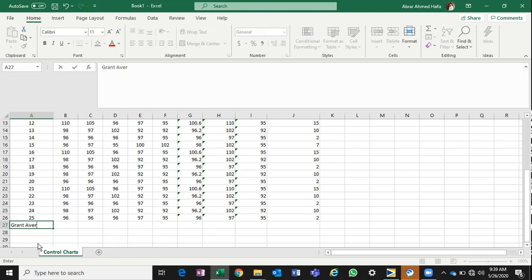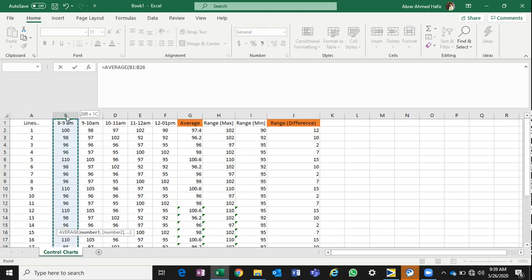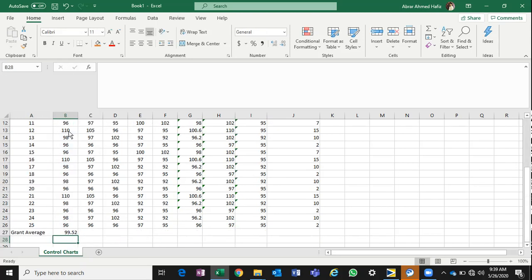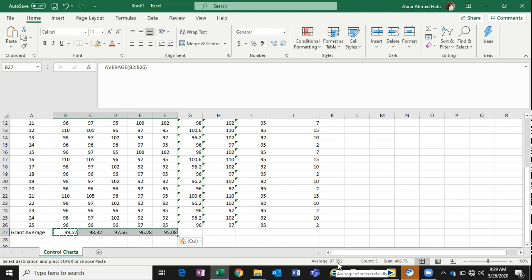In Six Sigma language, what we call it is X double bar, right? So for example, I wanted to find the average of this. All of these put together is called the grand average, 97.35.